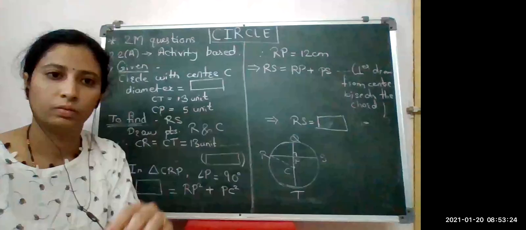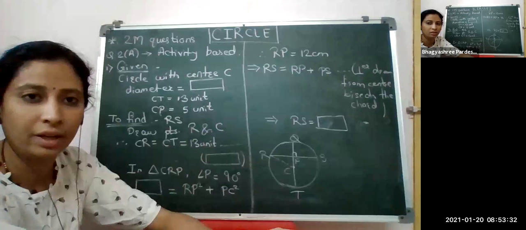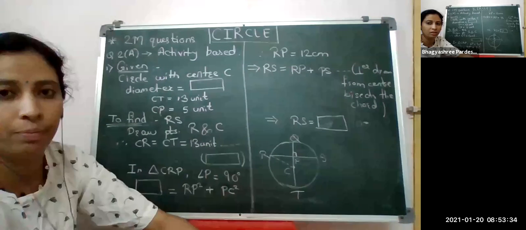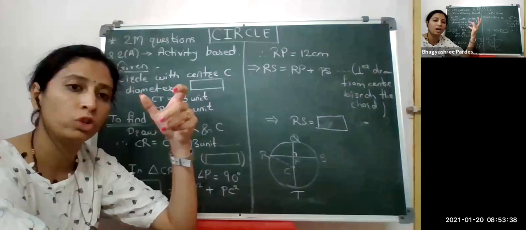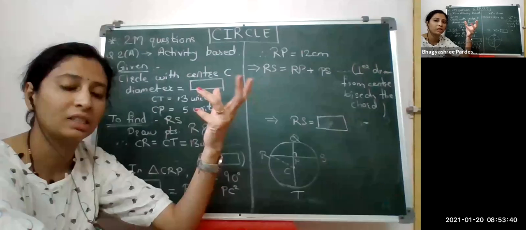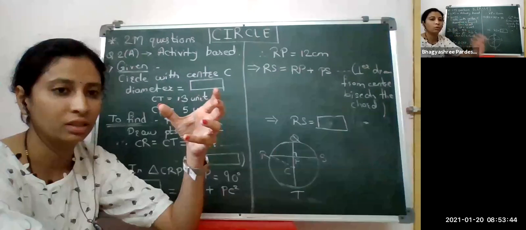So yesterday we started with the circle lesson, and today is obviously the revision of this lesson. What we learned yesterday: we saw the pattern, which questions are asked for 1 mark, 2 marks, 3 marks and 4 marks, and how the questions are asked. We saw this very well, and we also saw the 1 mark questions.